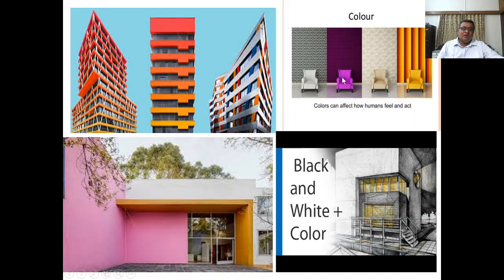So how can we feel? These two chairs are very shiny compared to these two light chairs. They have a light color effect. Here also, this wall with the lavender color has a different effect on the whole structure. Here is a black and white plus color combination. Black and white given to the structure, then some other color given to the interior walls, creates a different type of effect on the structure.